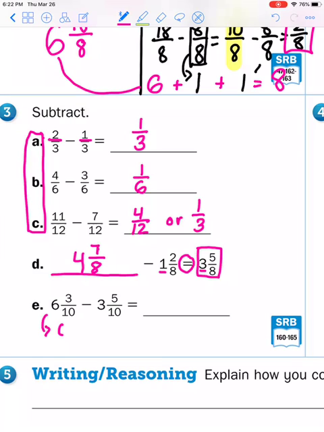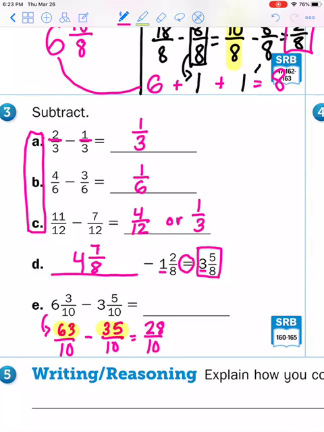So this changes to 63 tenths minus, if I had 3 10/10 plus the 5/10. 10 plus 10 is 20, plus 10 is 30, 35 tenths. So now I have 63 minus 35 tenths. And I could do this because this numerator is bigger than this numerator. And 63 minus 35 is 28